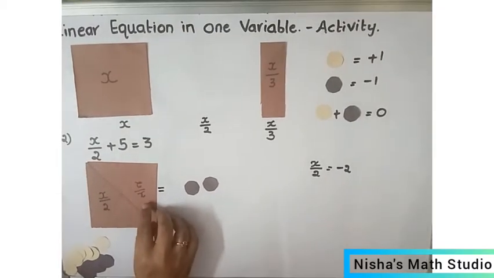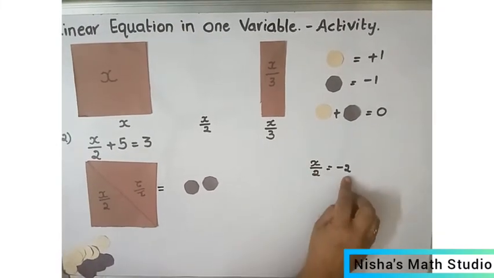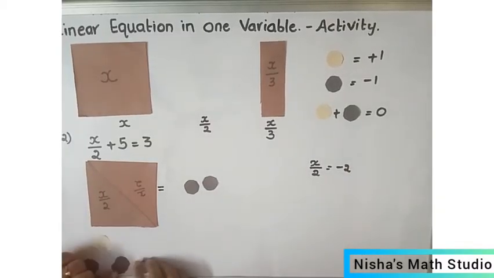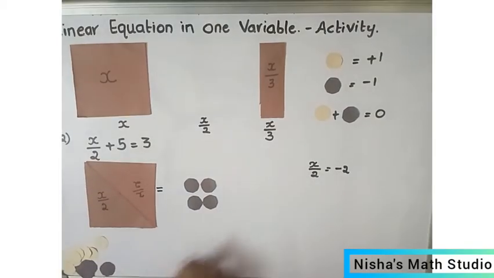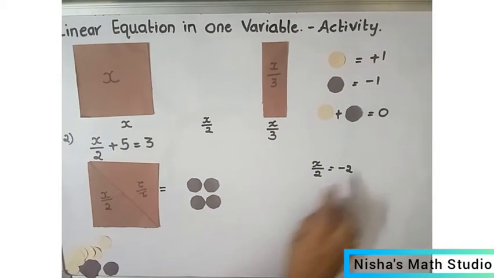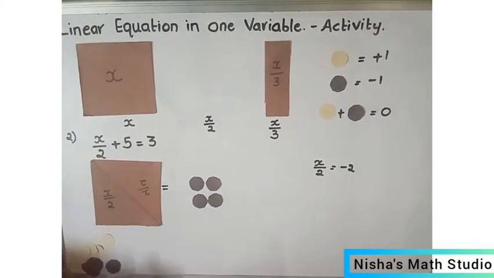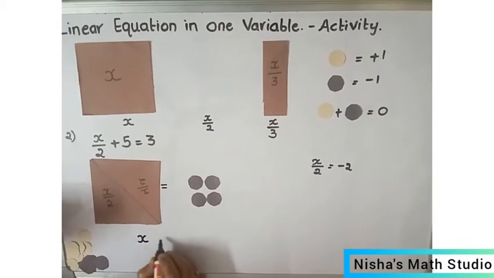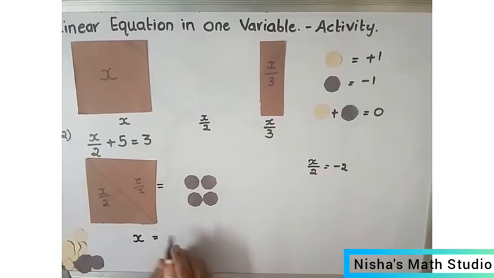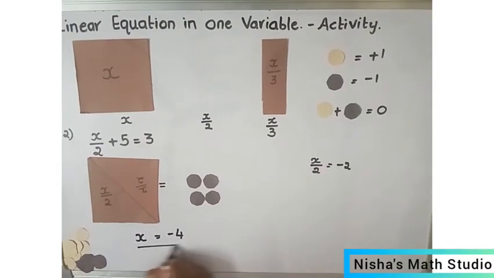But instead of adding a triangle, I know that x by 2 is equal to minus 2. So I am going to add these two black counters here, because x by 2 is nothing but minus 2. So this and these two are equal. So this square represents x now, which is equal to 4 black counters, which gives you minus 4, which is the